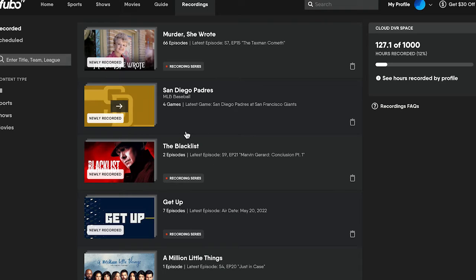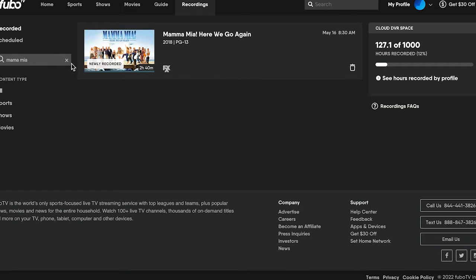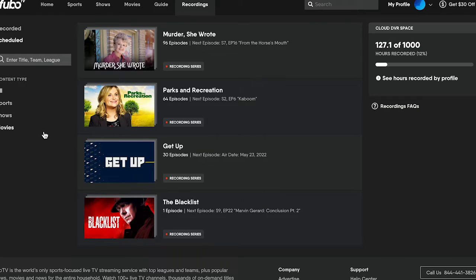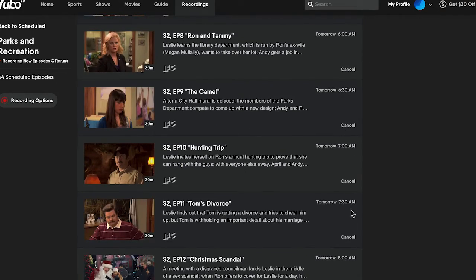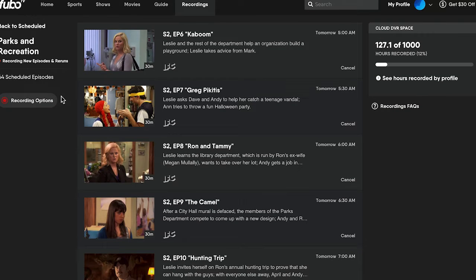You can scroll down to see your recordings, and you can filter them by all, sports, shows, and movies over on the right. You can also view your scheduled recordings by clicking Scheduled up on the top left. Clicking on any title brings up all the episodes that are scheduled to record. You can cancel any recording by clicking Cancel, and you can change recording options by clicking that button on the